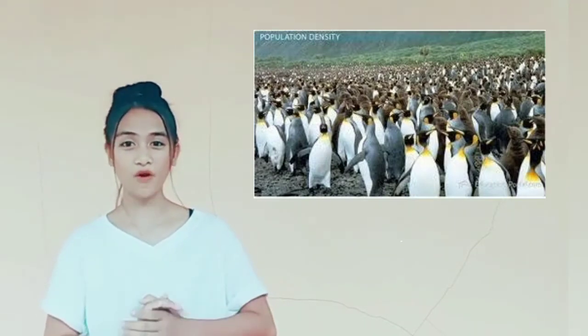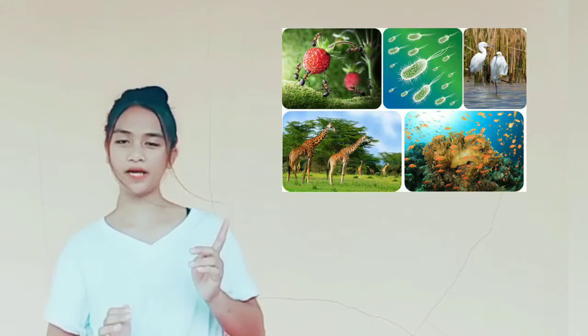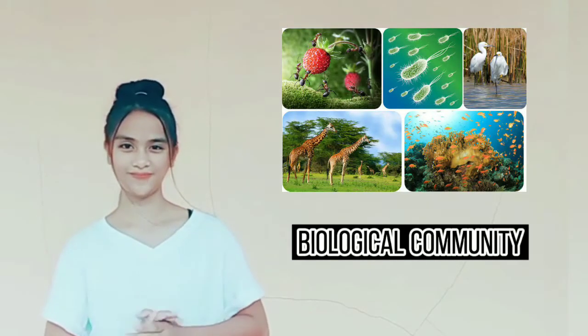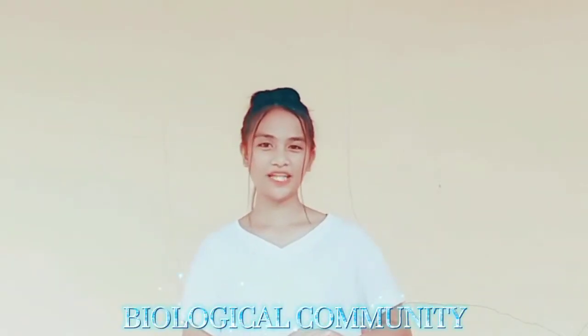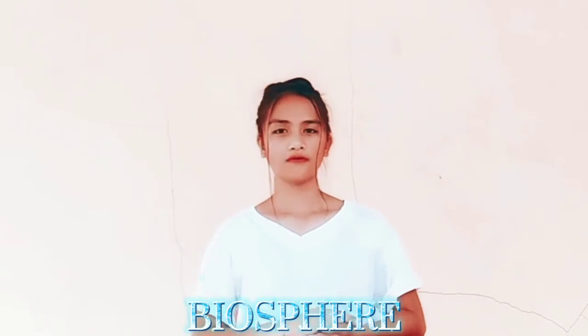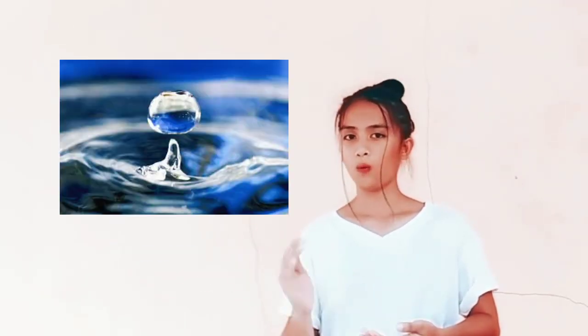Organisms which are similar in appearance and can naturally interbreed form a species. A group of the same species living in the same area forms a population. All populations of different species living together in one place consist of a biological community. Biological communities and the physical habitat they reside in constitute an ecosystem. Biosphere is at the highest level of the organization, which is the portion of the Earth's surface that includes air, land, and water, where living things exist.